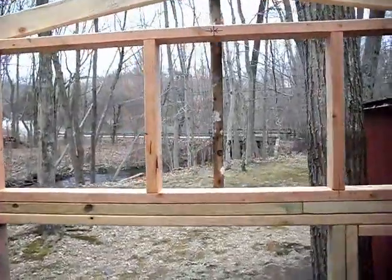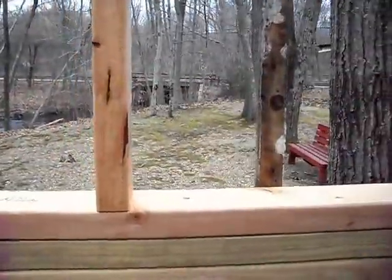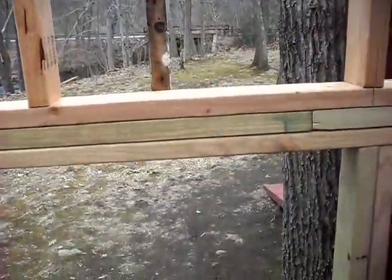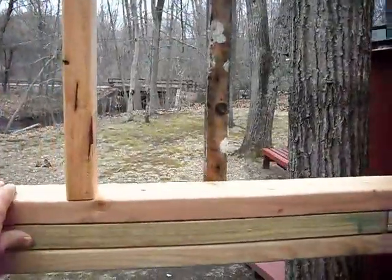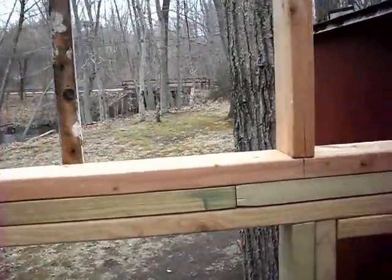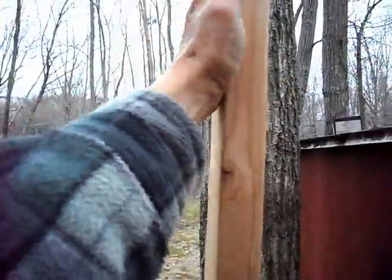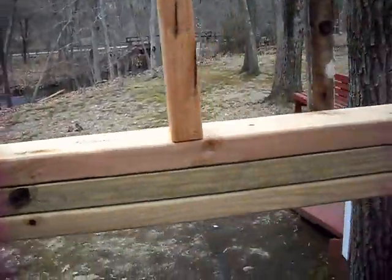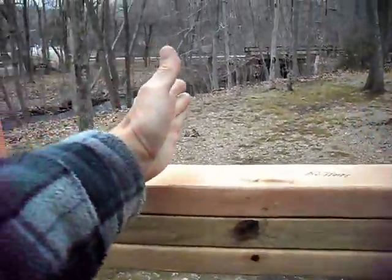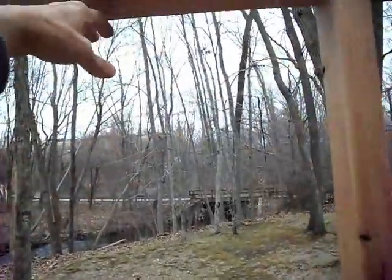Another thing here, I banged my head a couple times coming out of this thing. Even though I said I was building a door 48 inches wide and I'd sit down, coming in and out and working, I banged my head on this one too many times. So what I think I'm going to do, and I hate to do it, is cut down here, sister another 2x4 right down to the floor, and then cut back over here. I'm going to make the door about 36 inches wide instead of 48, and make it the full height. This is a little over 6 foot here,